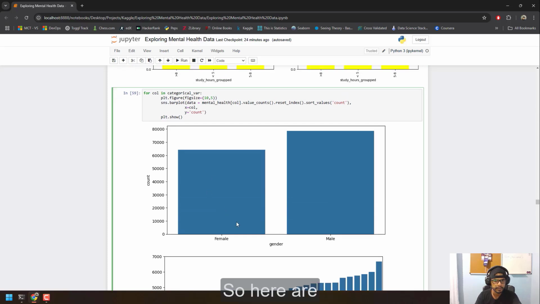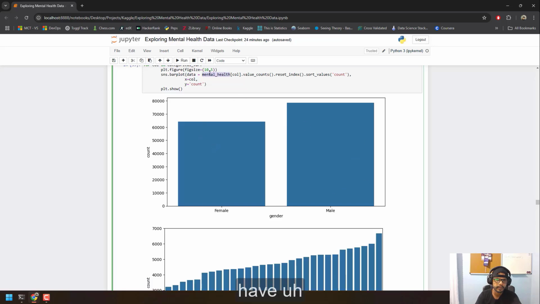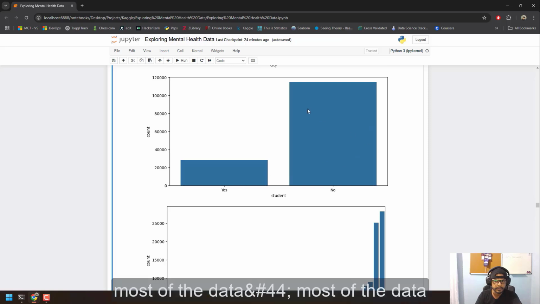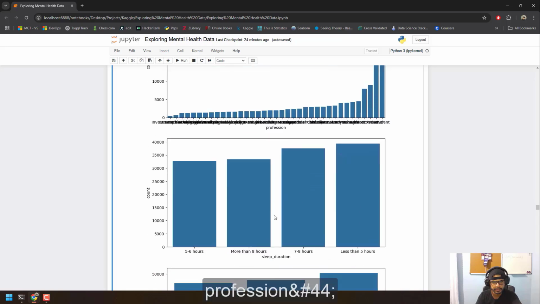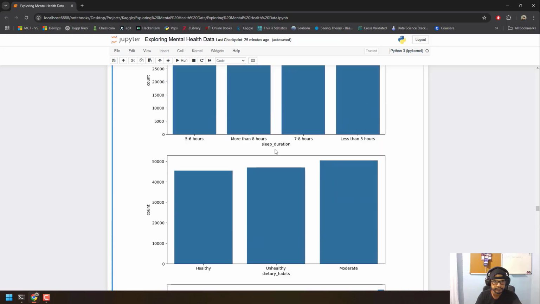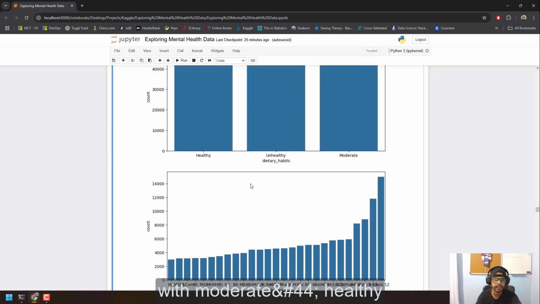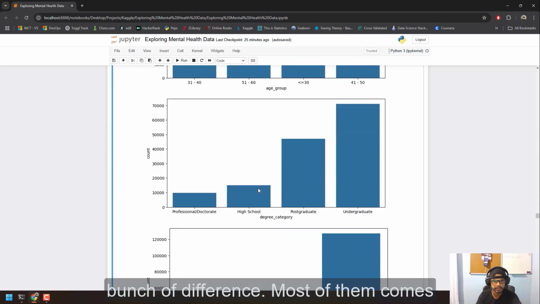So here are some of the pie charts just with the number of observations. Male, most of the data set comes from males. The cities. Most of the data comes from non-students. Profession. Sleep duration, healthy, moderate. Most of them come from people with moderate healthy habits. Suicidal thoughts, a bunch of different. Most of them